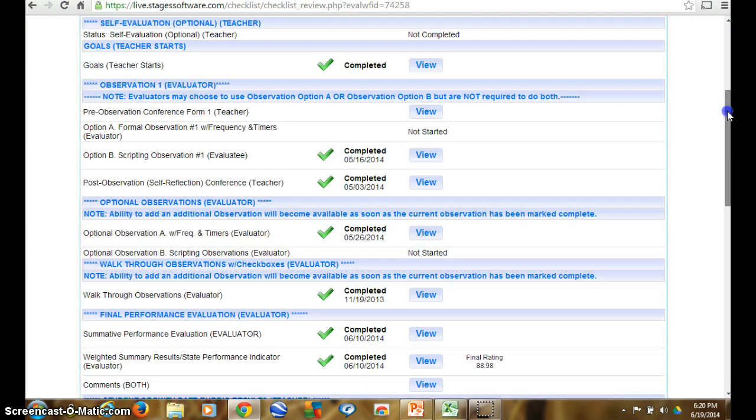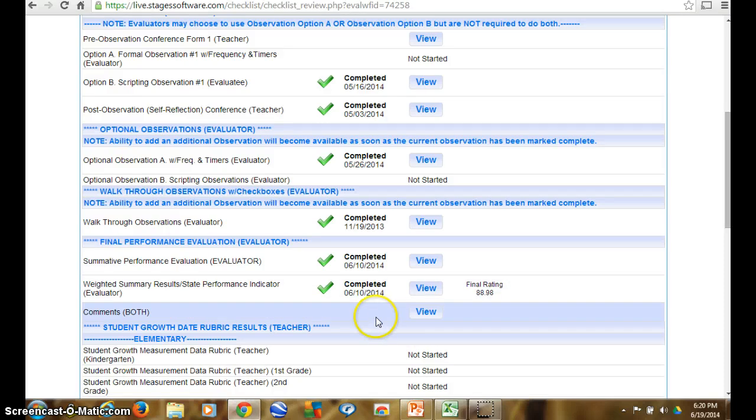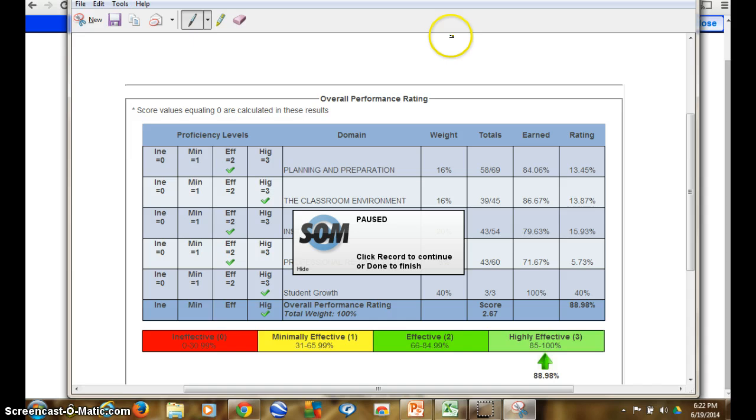Now we're back to the dashboard, and we want to go into the weighted summary results right here. We're going to go into the weighted summary. And now into the weighted summary, we can see that here are the domains